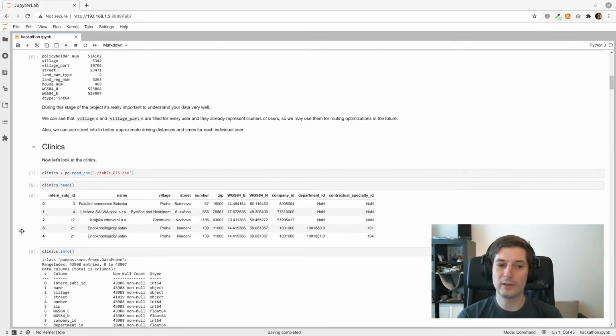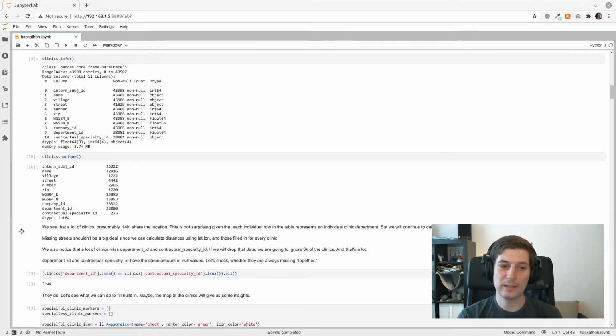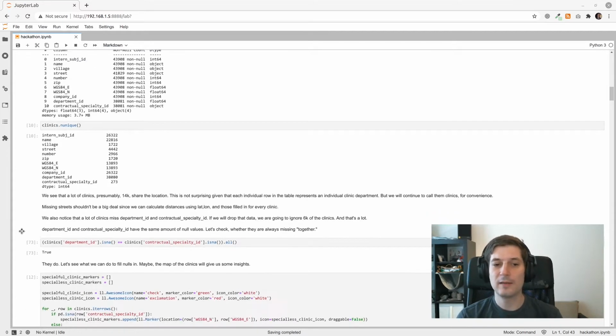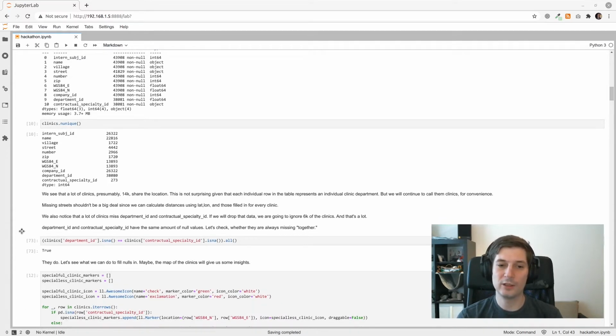Now let's look at the clinics. We see that a lot of clinics, presumably 14K, share the location. This is not surprising, given that each individual row in the table represents an individual clinic department. But we will continue to call them clinics for convenience. Missing streets shouldn't be a big deal, since we can calculate distances using lat-long and those are filled in for every